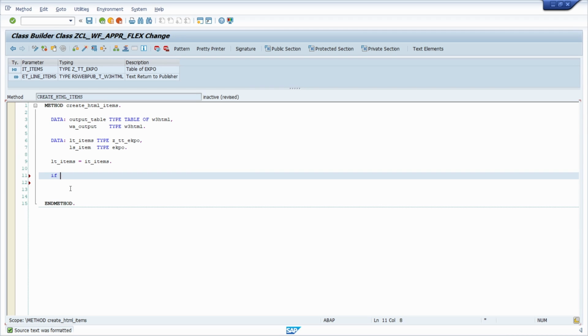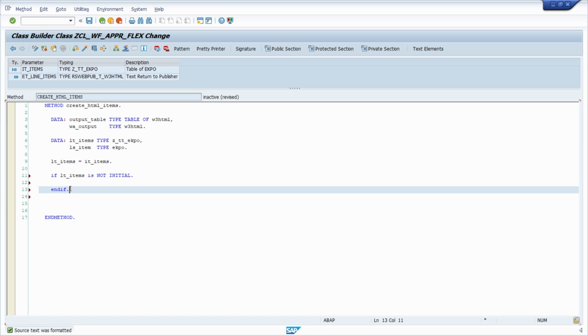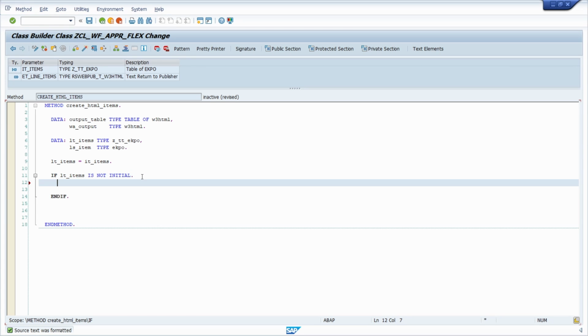So therefore just checking if LT items is not initial. So then we have done this. And then what we need is basically we first of all adding our initial row, so the header row for the table. So therefore we are using this for the line. And then basically, yeah, we have to add HTML, then the body, and then the table itself, and therefore we